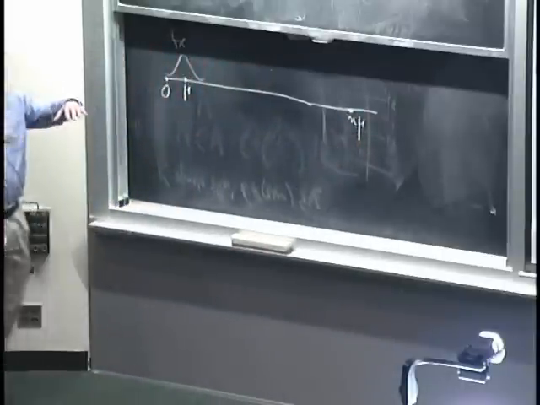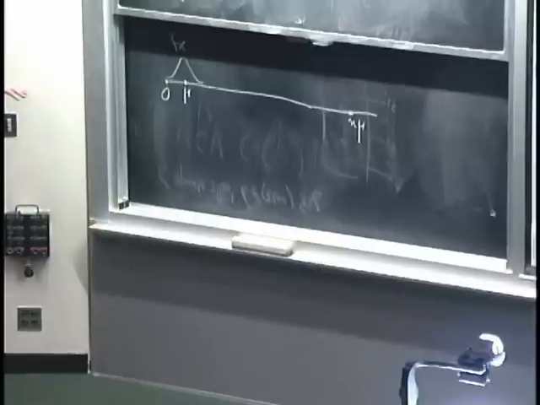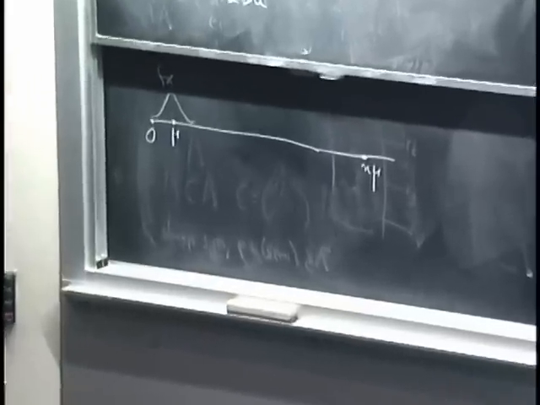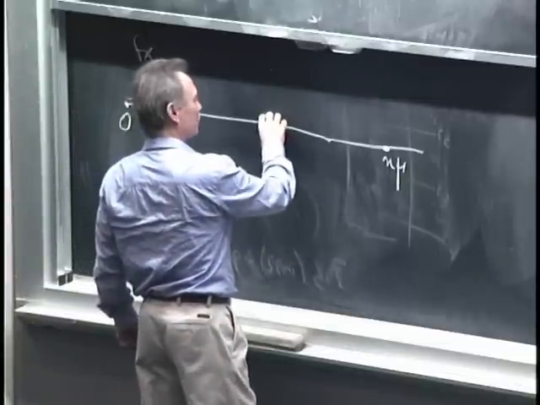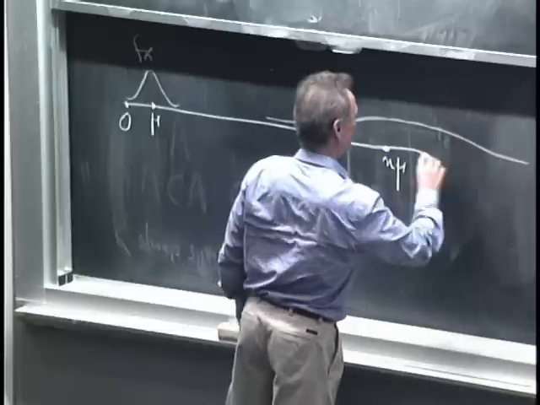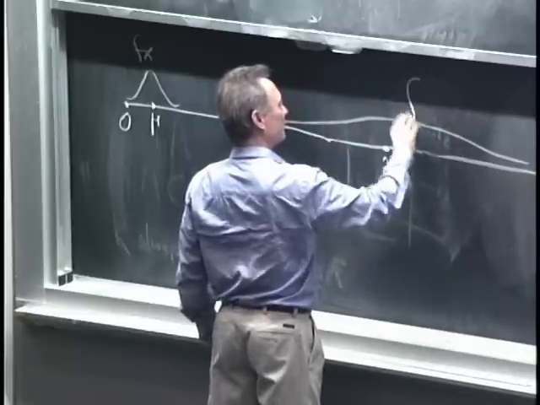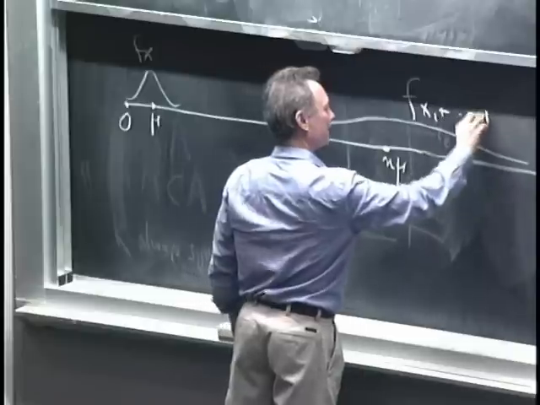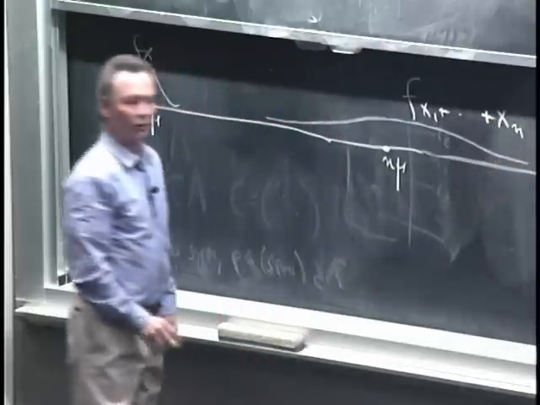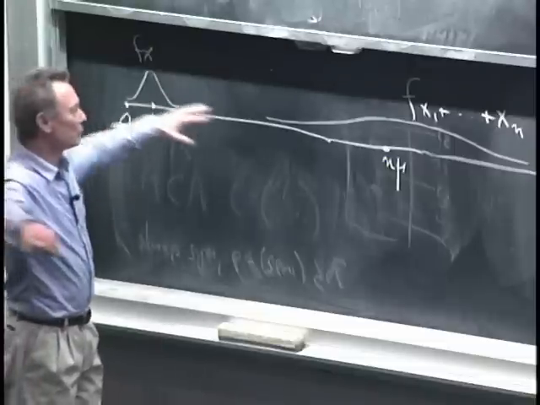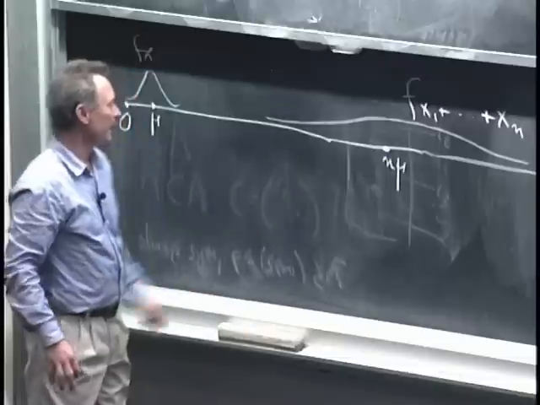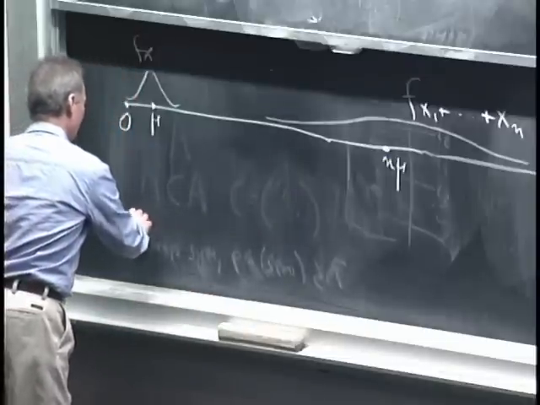But my variance will also increase. When I add the random variables, I'm adding the variances. So since the variance increases, we're going to get a distribution that's pretty wide. So this is the density of x1 plus all the way to xn. So as n increases, my distribution shifts because the mean is positive, so I keep adding things. And also my distribution becomes wider and wider. The variance increases.